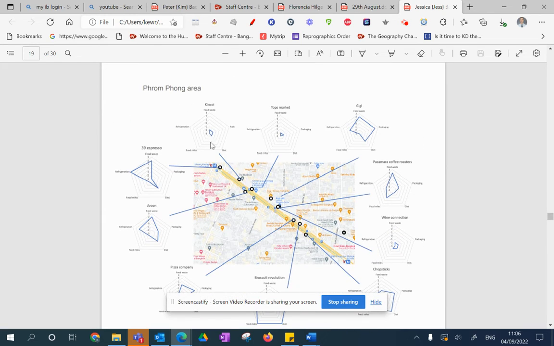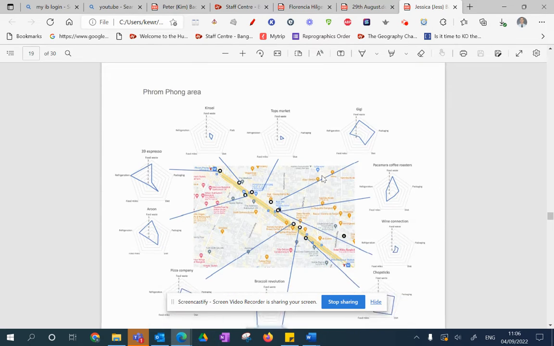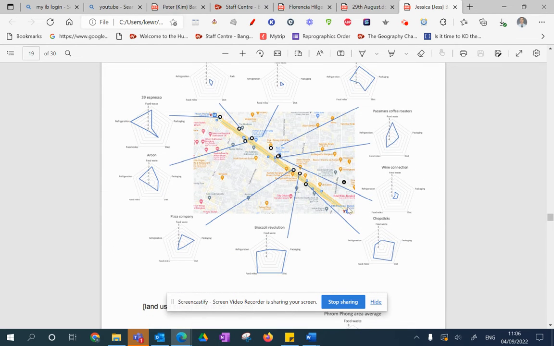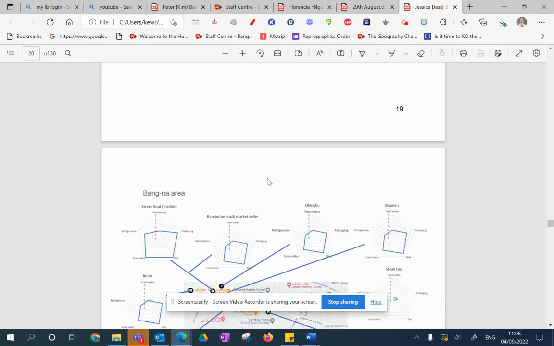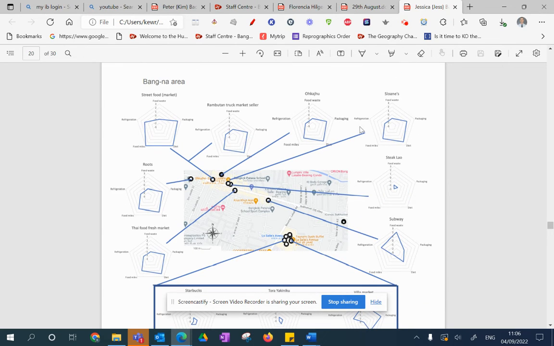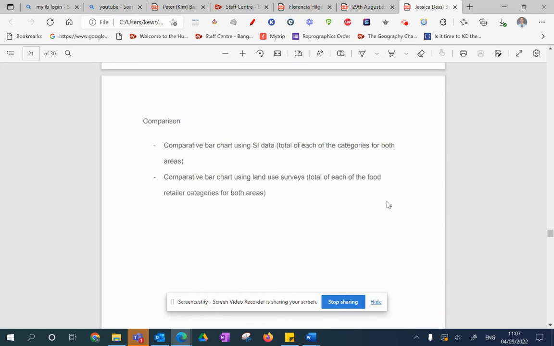Okay, so radar graphs, are these all the same scale? Yes, they look like it. That's good. But you also still need a compass direction and a scale on these. So if you've used this map further up, you can just copy the scale and the compass direction from that. Yeah, but it looks all the same scale, which is good. These the same as well? Yep, I think so. Yep, I like that. It's nice.